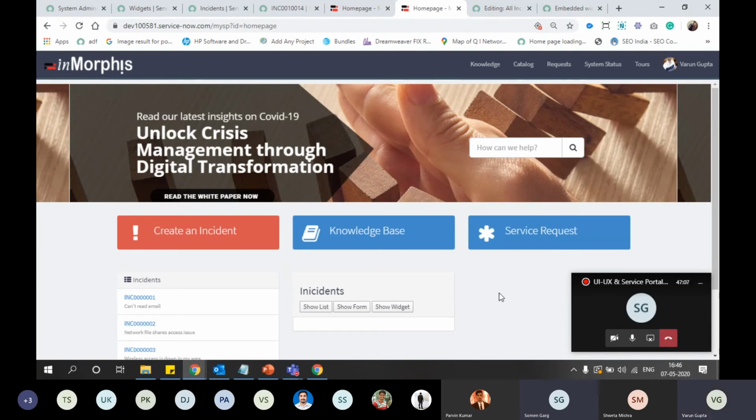Yes, I will share those links with all of you. Some people have shared cheat sheets for the portal on the web, and those will be helpful. I will share those.